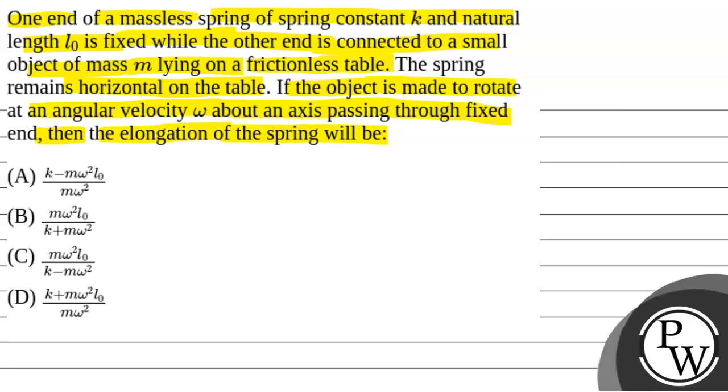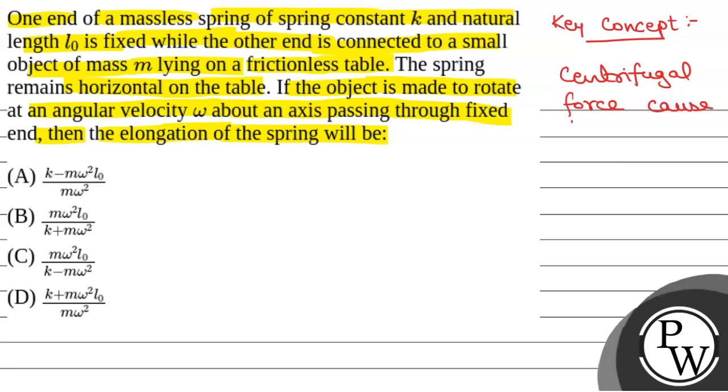So, we will solve this question. First of all, we'll see what the key concept used in this question will be. The key concept used to solve this question will be centrifugal force. Centrifugal force acts radially outward, towards the elongation in the spring. So the elongation in the spring will be due to the centrifugal force, and the centrifugal force Fc will be equal to